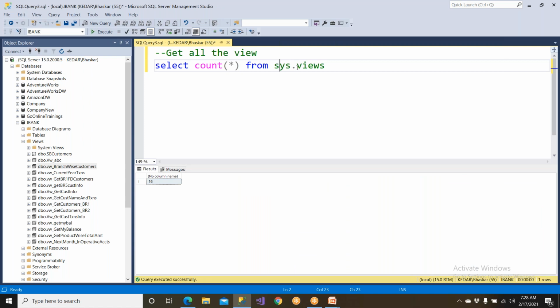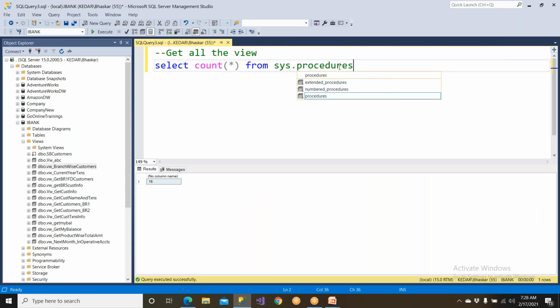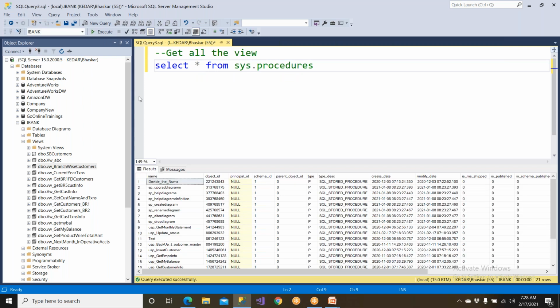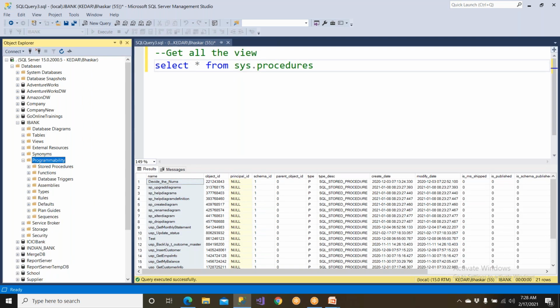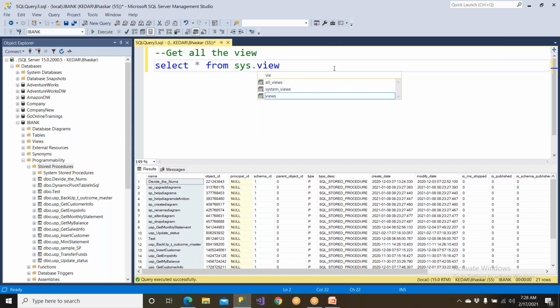If you wanted to get all stored procedures, you should be able to see like this. Okay, 21 procs are available. If you need a complete list of procs, you can get it. These are the procedures that are available. Clear? When you go to programmability, these are the procedures that we have. Clear, guys? So if you wanted to see all the views,